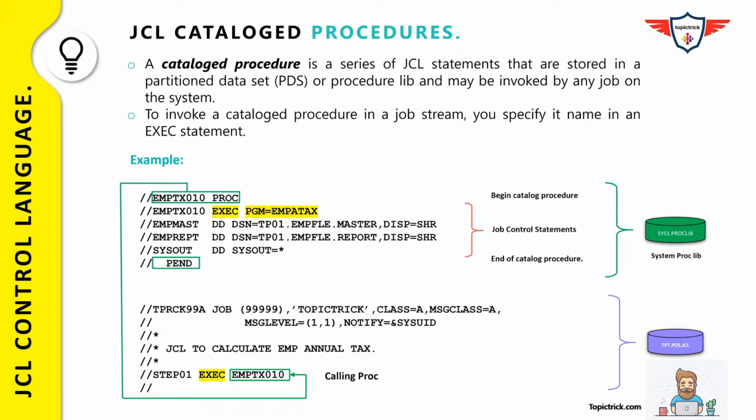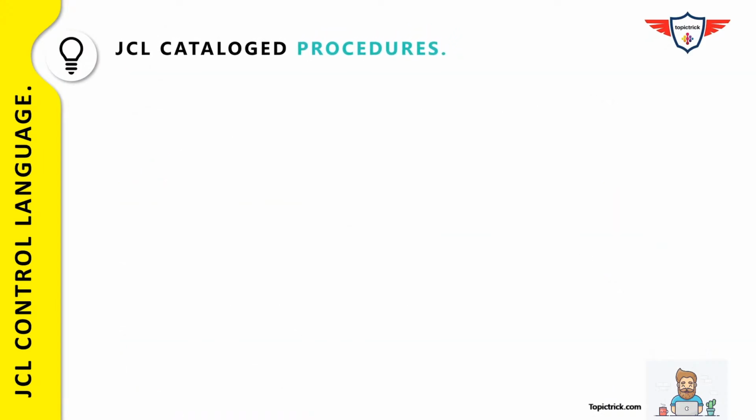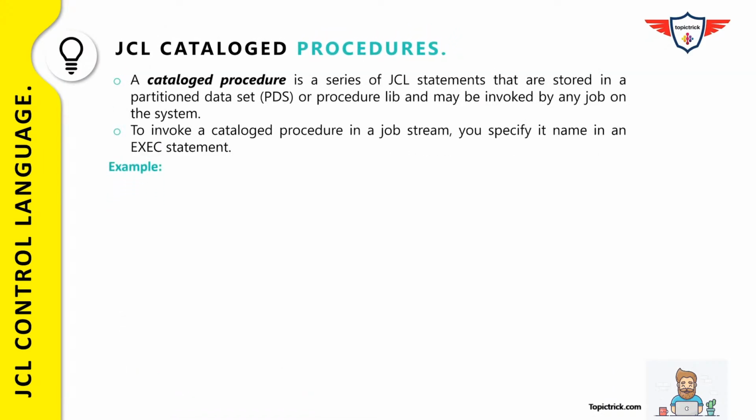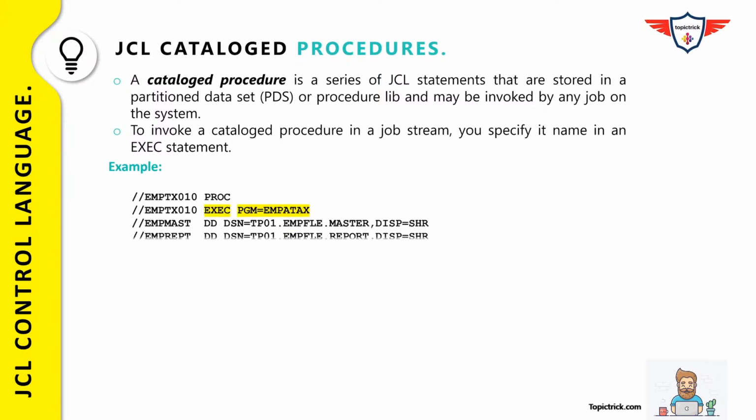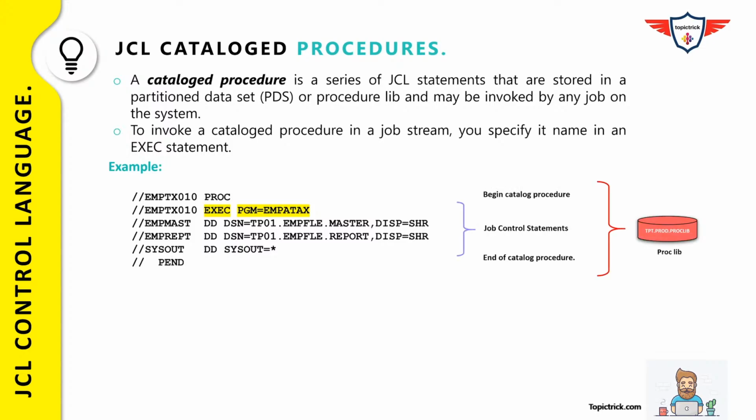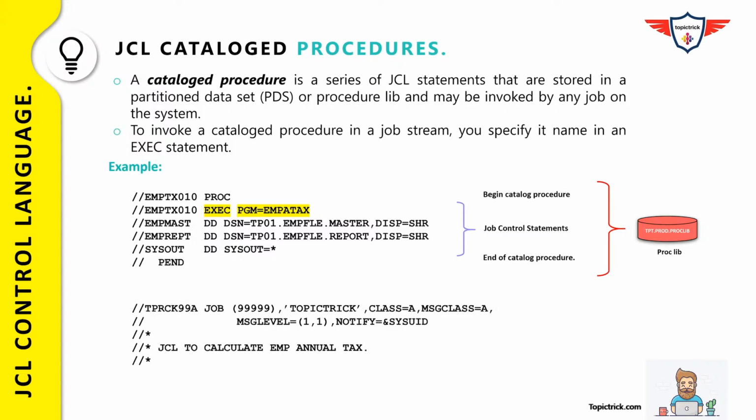So far we have discussed what a catalog procedure is and how you can invoke a catalog procedure if it is stored in the system library, that is sys1.proclib. Now let's try to find out the answer to our interview question: in case you store a catalog procedure in your private library, then what is the way of invoking it? Do you do it in the same way, or do you need some additional steps? Right? So here's a sample JCL once again and a catalog procedure, but this time the catalog procedure is stored in my private library, that is